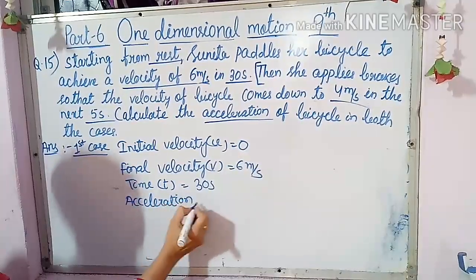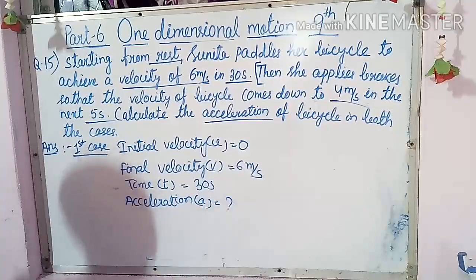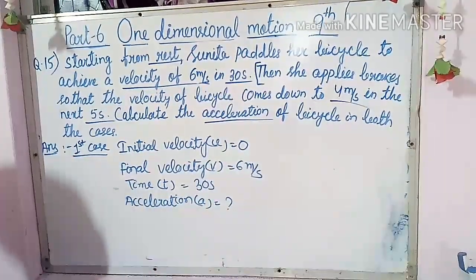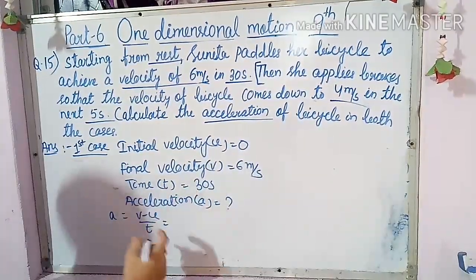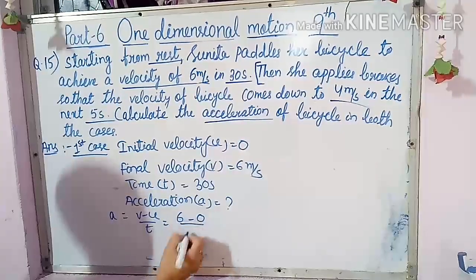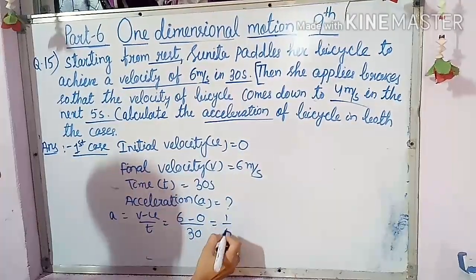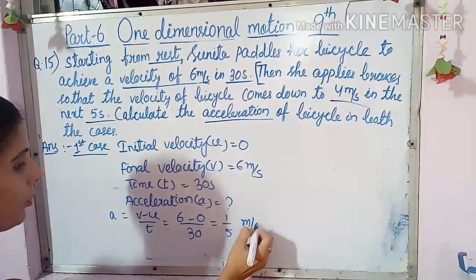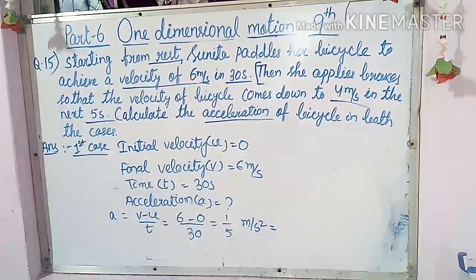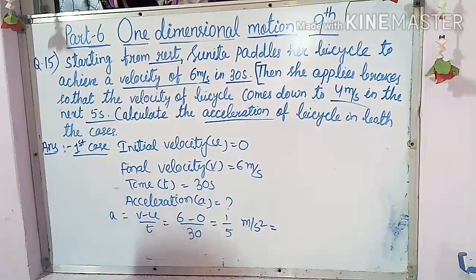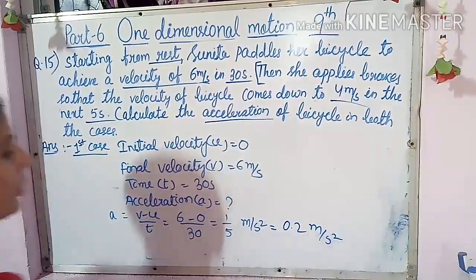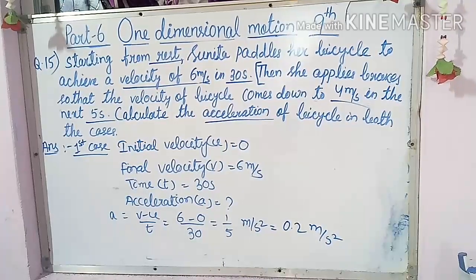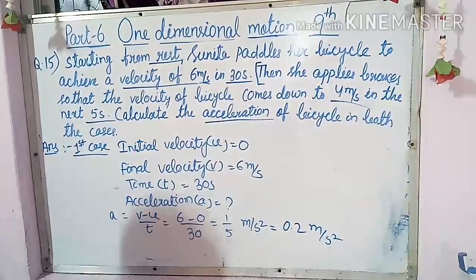Very easy. You know the formula of acceleration, because v, u and t are given. Directly you can apply the first equation of motion. So a equal to v minus u by t. Now v is 6, minus 0, by t which is 30, which means 1 by 5 meter per second square. But as I have told you children, never keep it like this as a fraction. Always turn it into decimal form. So the decimal form is 0.2 meter per second square. Otherwise you won't get marks in your annual exam or board exam. So this is the calculation of acceleration in the first case.